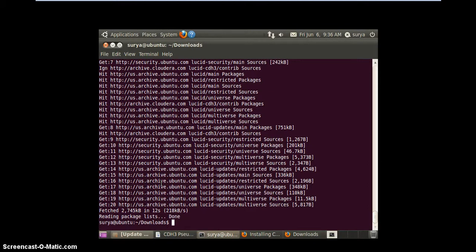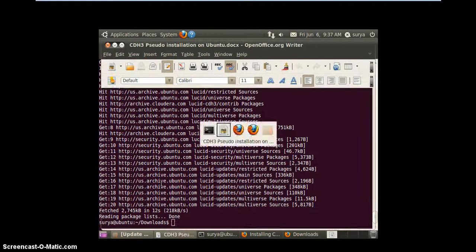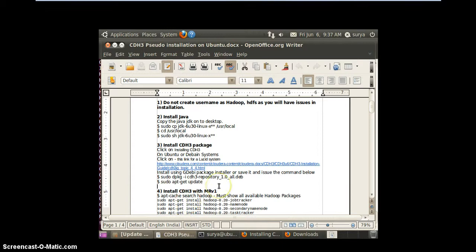Yes, it has updated. It will take updates for this Lucid system from cloudera.com as well as from ubuntu.com, and it will apply all the new updates available over the net. So I have updated the Debian which I had downloaded. With this, I'm able to install the Hadoop software on my Ubuntu machine.